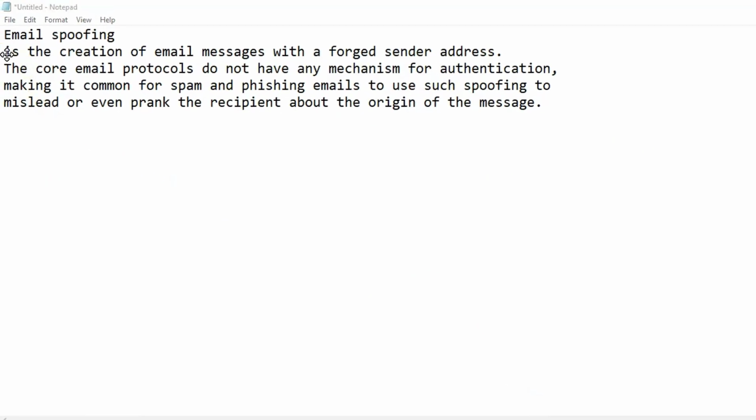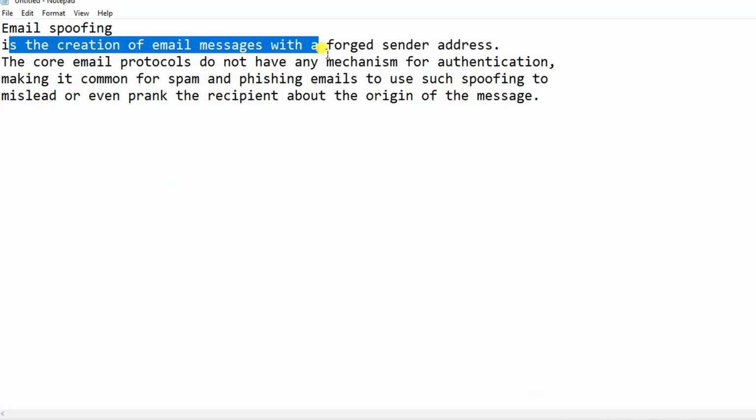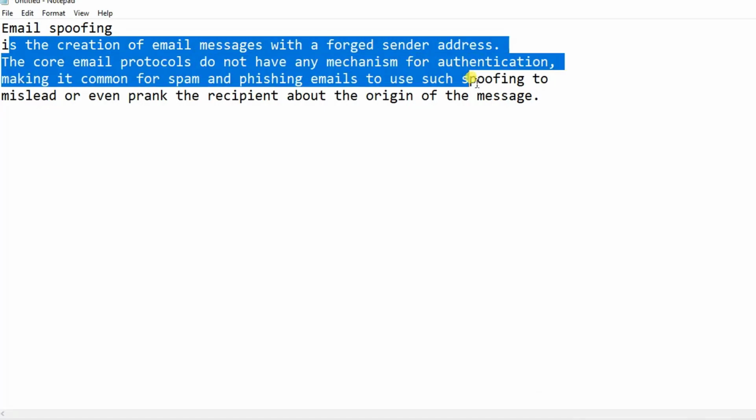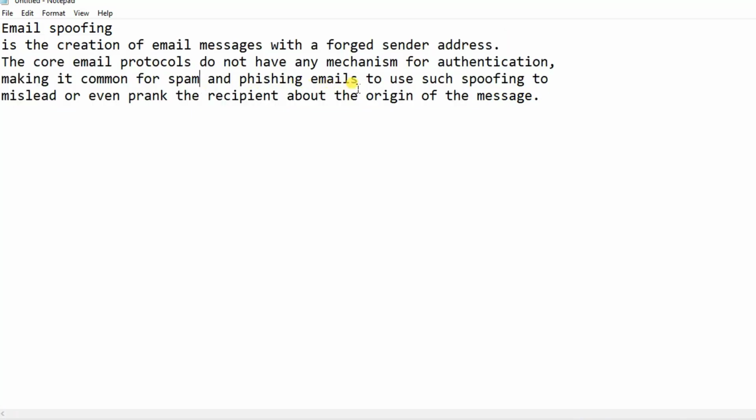Email spoofing is the creation of email messages with a forged sender address. The core email protocol does not have a mechanism for authentication, making it common for spam and phishing email to use spoofing to mislead or even prank the recipient about the origin of the message.